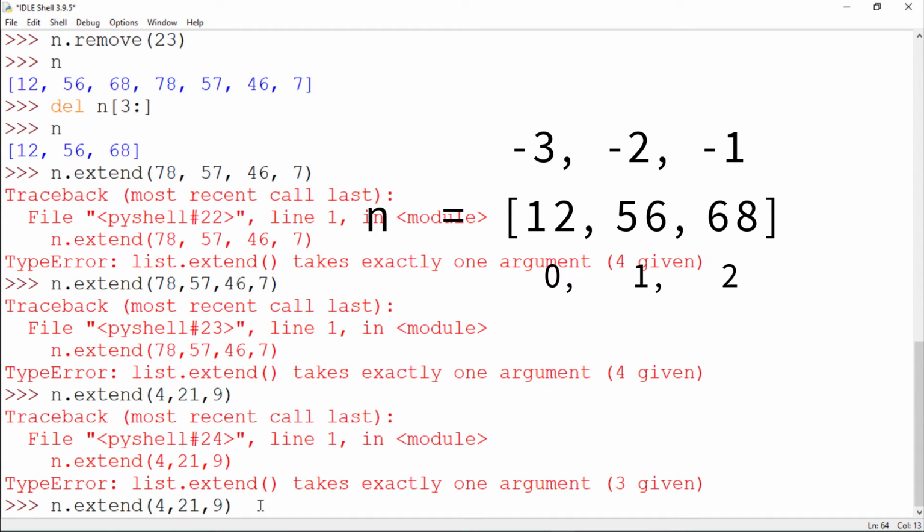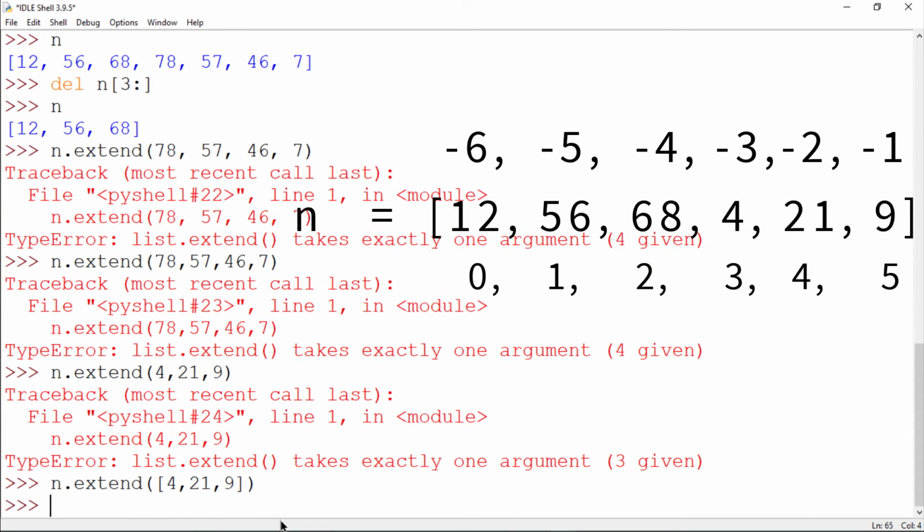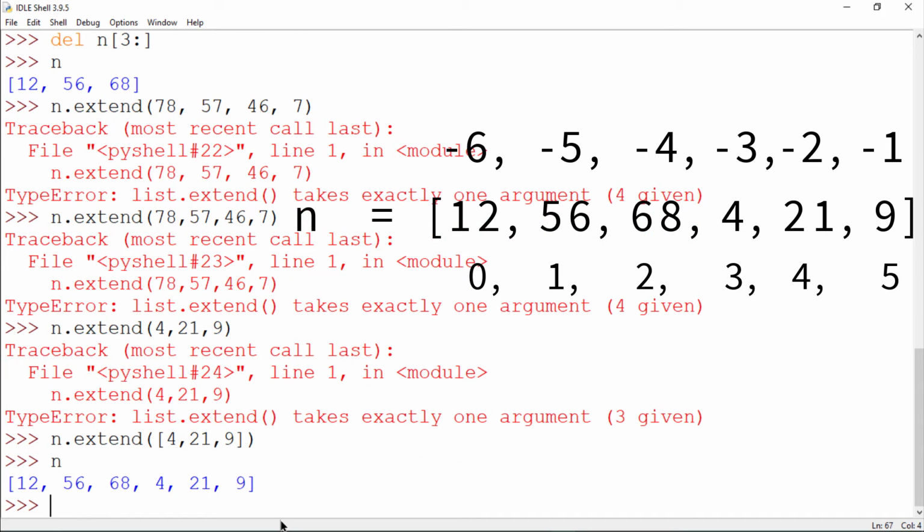So don't you see that in this list there are using square brackets and we are adding by round brackets, so that's not the right way. Extend and all the mutable concepts are going with the round bracket. Now what you're gonna do, now inside this you will add a square bracket, here square bracket, and then again here after 9 there is a square bracket. Just say here enter and then your job done. Say here and again, and you can see 4, 21, 9 had came in the list.